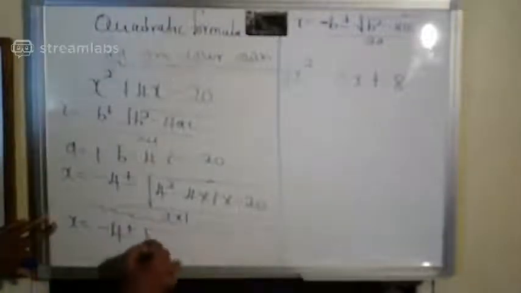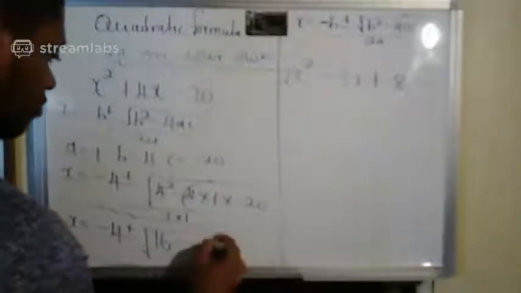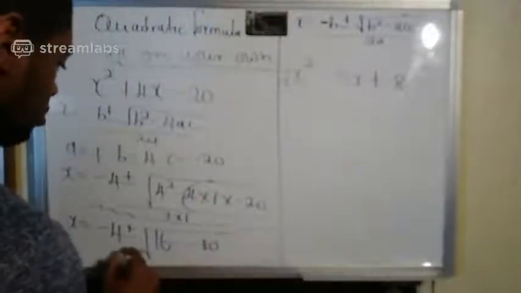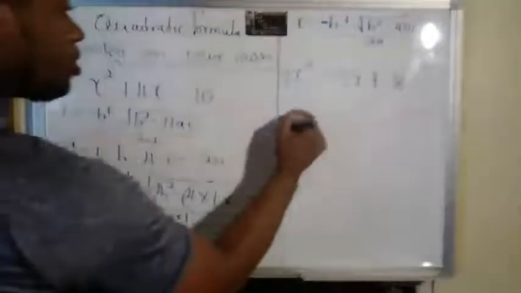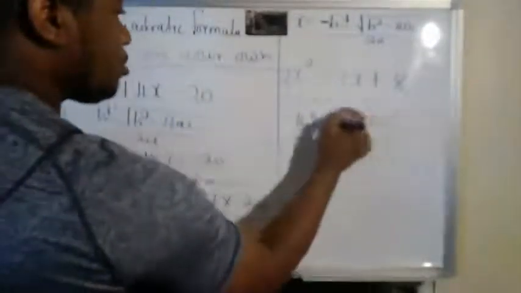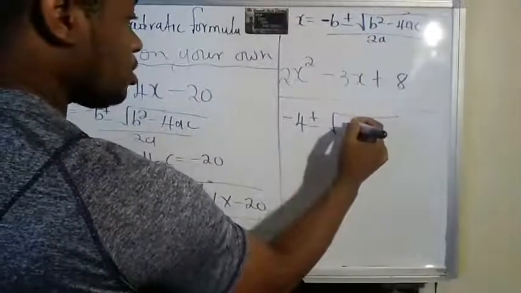Alright, we do the maths now. And funny enough, CSEC could give 1 mark for all of this. CSEC is a joke, they are petting too much, man. Alright, so negative 4 plus or minus the square root of 4 squared, which is 16. Put this in a bracket, guys. Now people get confused, just saying 4 ones are 4, 4 times 1 times negative 20 is negative 80, divided by 2. By now we established that the two negatives will become a plus, so negative 4 plus or minus the square root of 16 plus 80, that's 96,